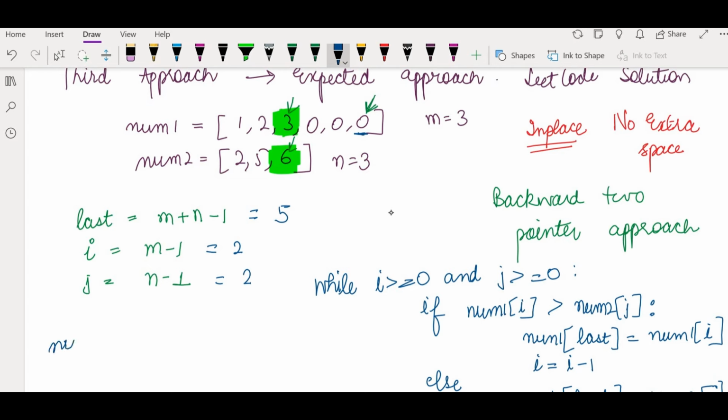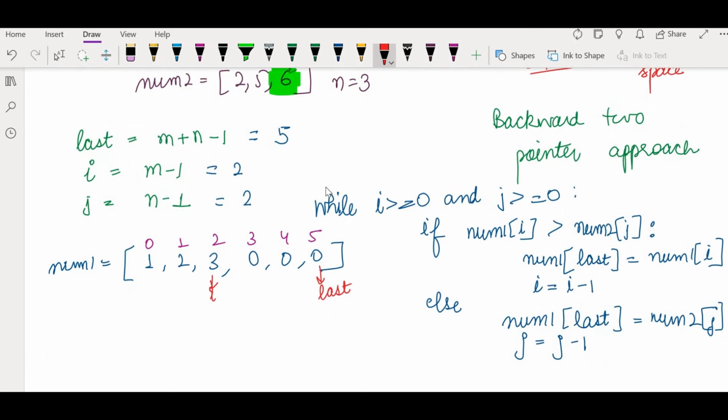So I will keep here the num1 value, and I will show you how it is going to work. So this is the num1 array, and what are the indexes to it? It is 0, 1, 2, 3, 4, 5. These are indexes. Right now, this is my last value, this is my i value. The last pointer is on 5, the i pointer is on 3, and num2 I'll also draw here: 2, 5